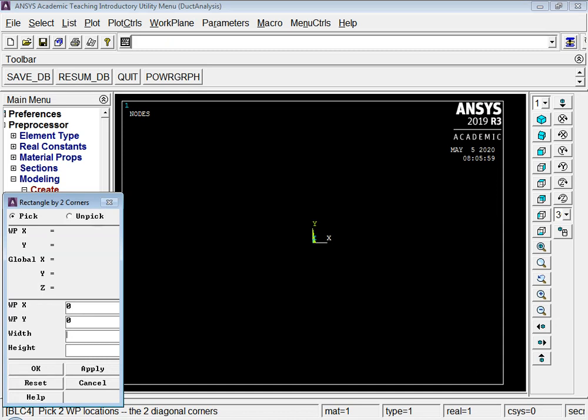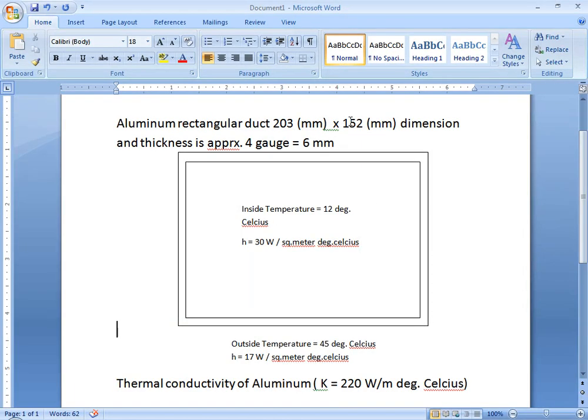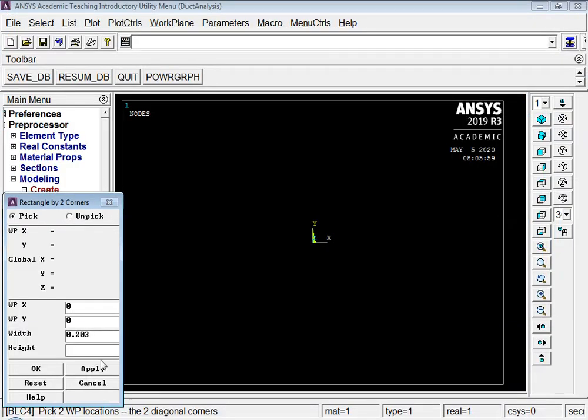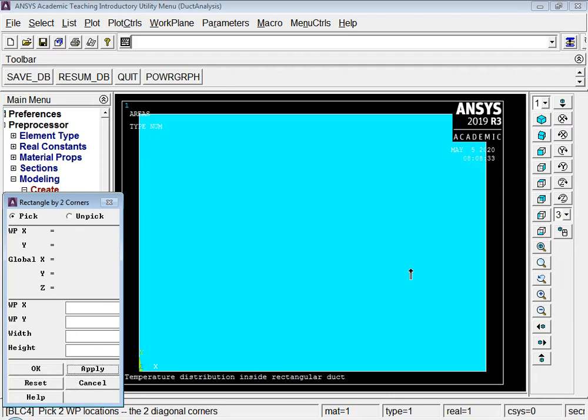The width is going to be 0.203 meters, and the height is going to be 0.152 meters. I'll say apply.